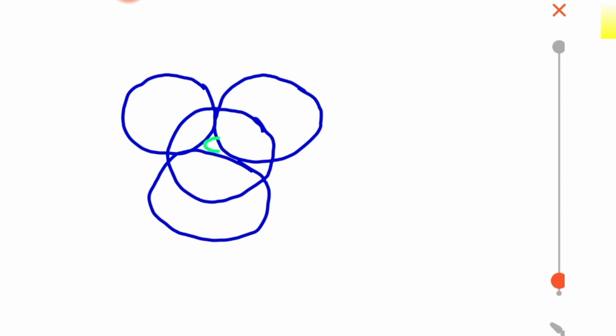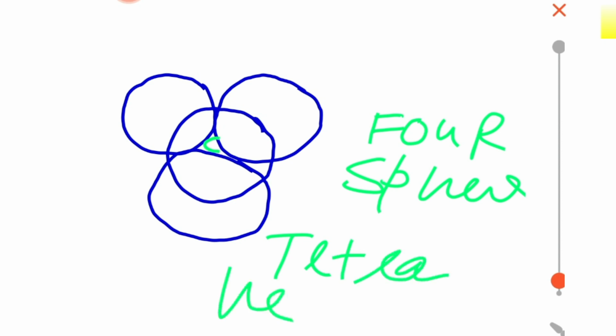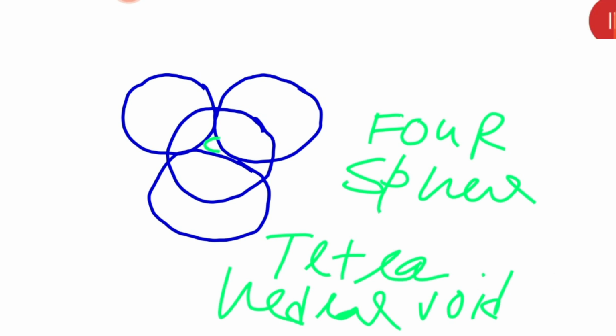Now this void C is between the 4 spheres, okay, that is why it is called tetrahedral void. Okay beta, what do you call it? Tetrahedral void. Same way, when I am going to draw the octahedral void, please see which void is there, octahedral void. You see it very carefully.